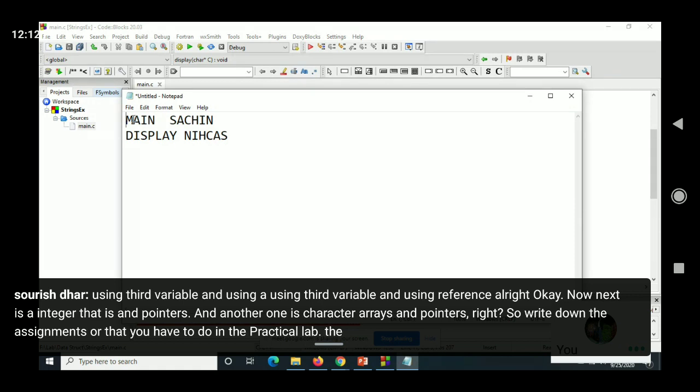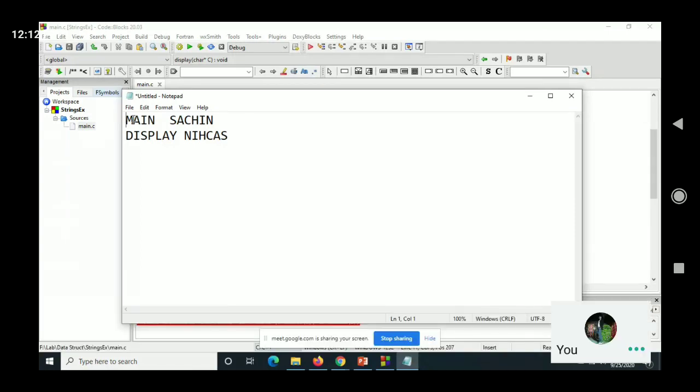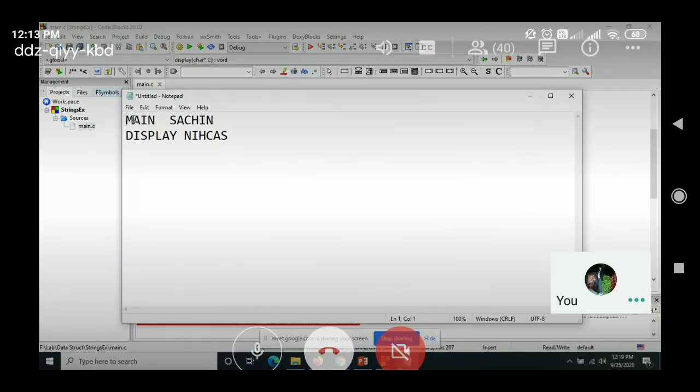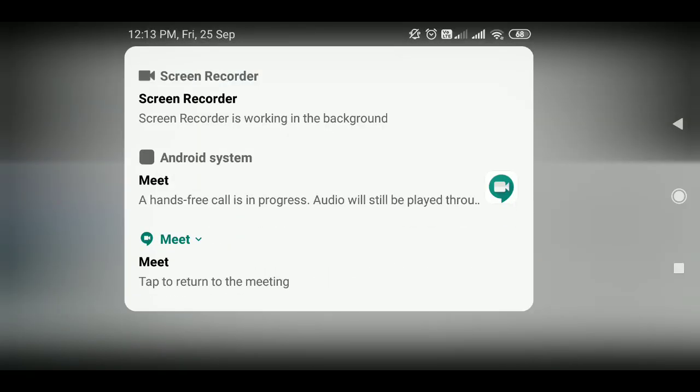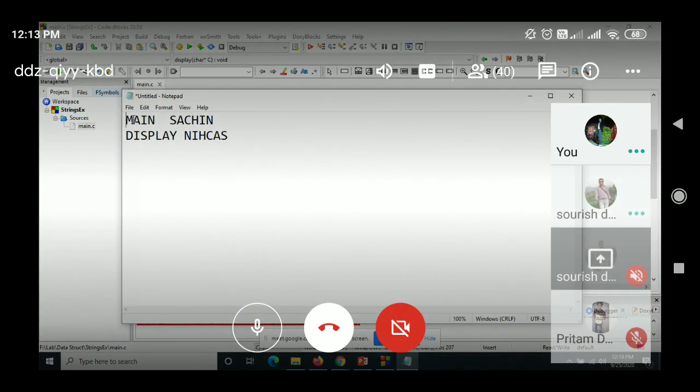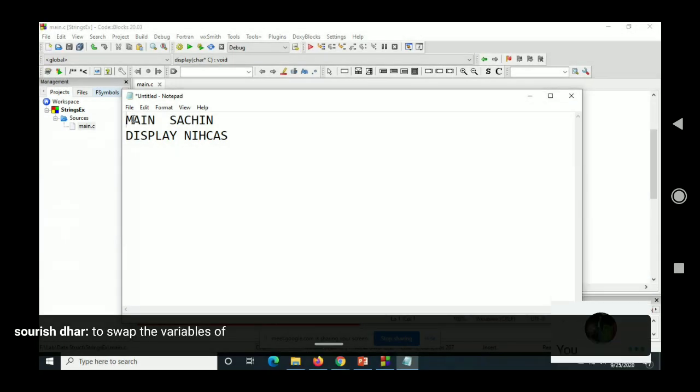The first assignment is: write a program in C to swap two numbers without using a third variable.